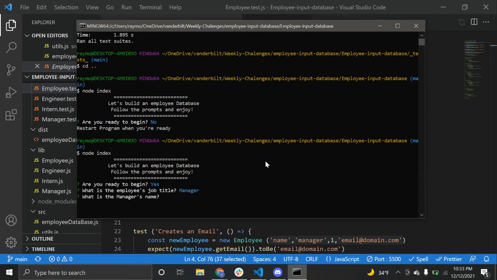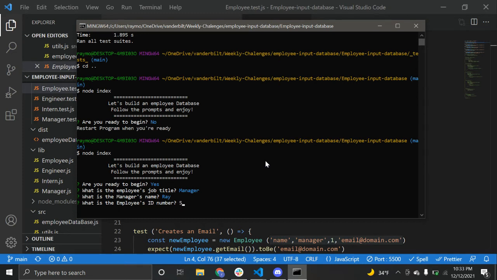I always start with the manager. It's going to ask what my manager name is. That'll be me. I manage the product. My employee number is going to be 5. Something I did in here is if you type in anything other than a number, it's going to ask for an employee number